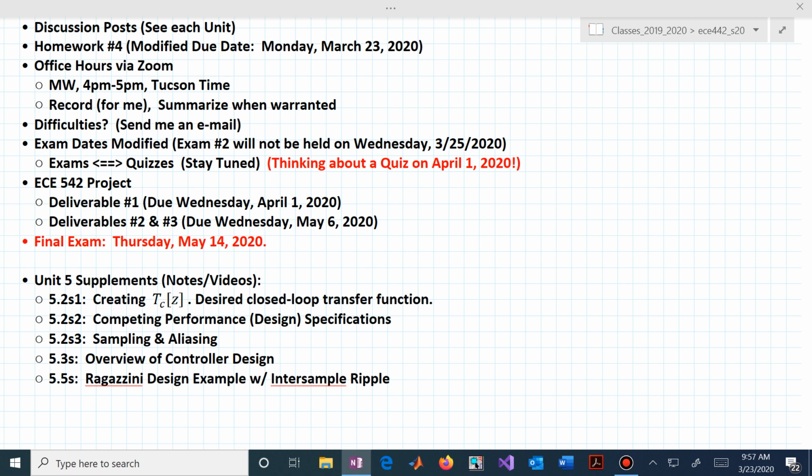The bulk of your project will be due on May 6th, and that will come in the form of 2 deliverables. The main project is deliverable number 2. Deliverable number 3 is really a reflective paragraph on what you've learned, what you have benefited from during that project exercise.